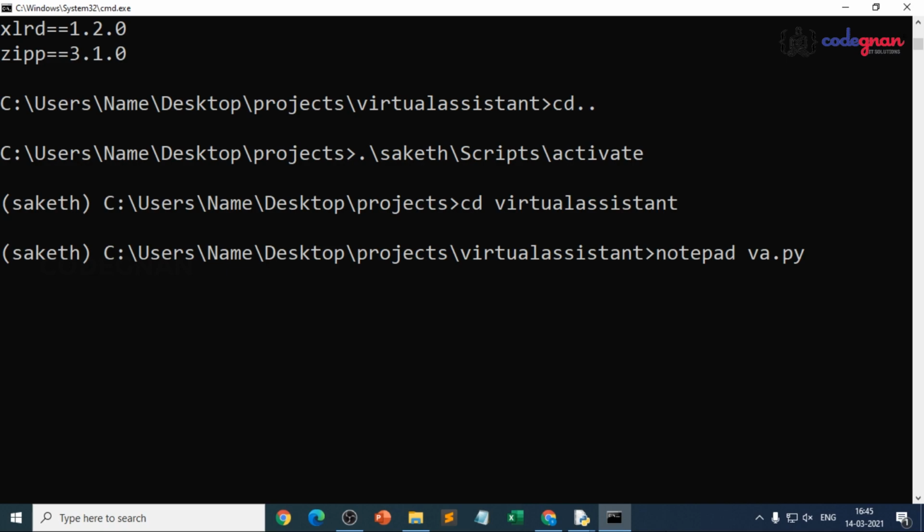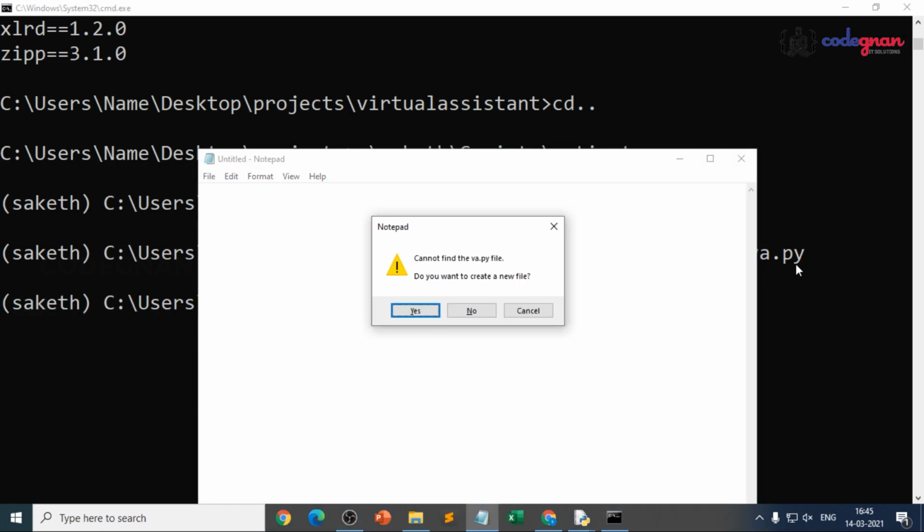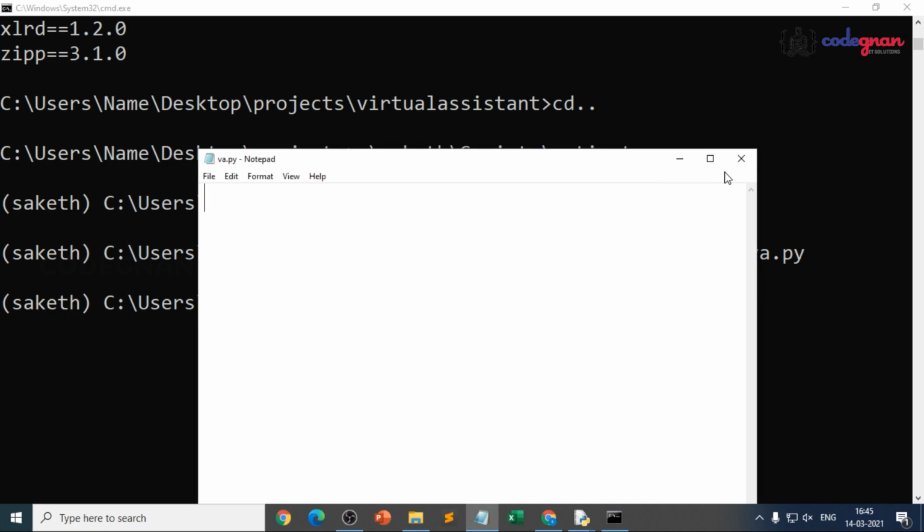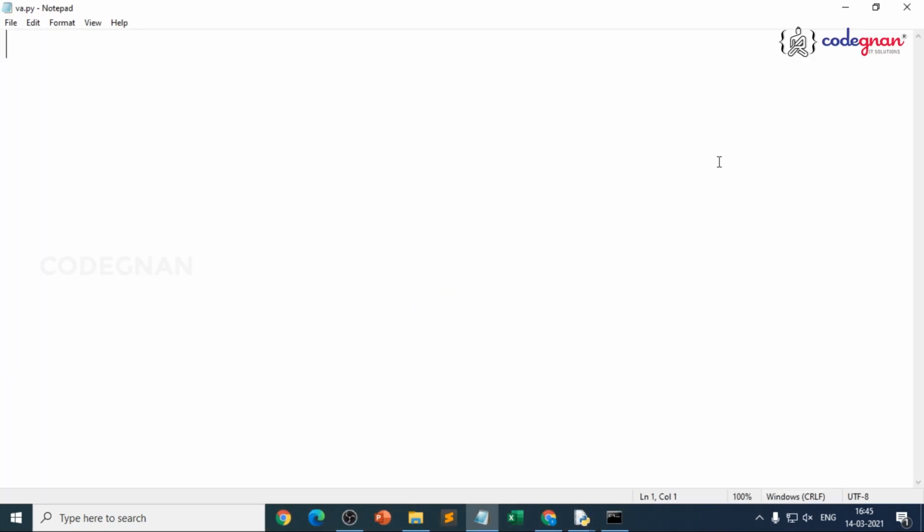With the help of the notepad shortcut key you can create any file, but that supporting software, that supporting file extension software should be present. You can create .c, .html, .js, I mean any kind of extension. Now I gave .py because notepad is a shortcut key in Windows to create any other file. va is my file name. What is the extension? .py. When I hit enter, it will ask me, you cannot find, do you want to create? Yes, that means successfully I got a Python file.